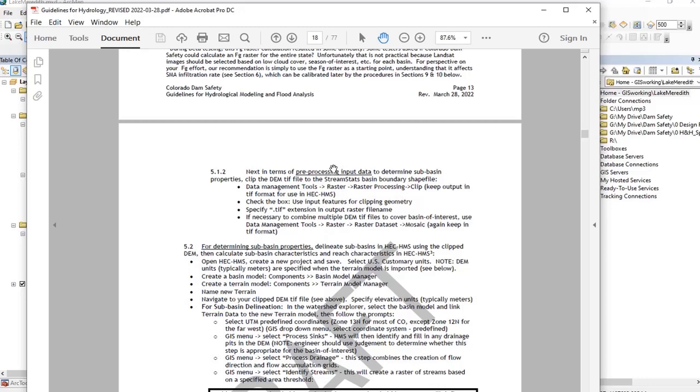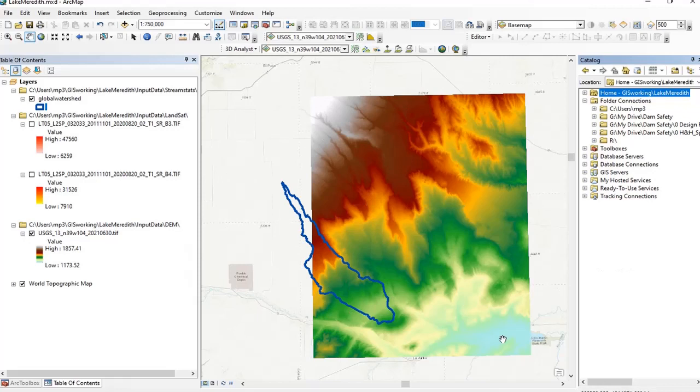Okay, in terms of guidelines section 5.1, pre-processing, there's some minor pre-processing of the input data before we calculate sub-basin properties. What we want to do in section 5.1.2 is clip the raster, the geotiff, so that we're not trying to analyze that entire map terrain DEM in HEC-HMS, but really just clipping it to closer to the size of the basin boundary. But this is a good case I want to show you. When I bring that DEM into ArcMap and overlay it with my basin boundary shapefile from StreamStats, which, if you recall from the previous tutorial, may not be exactly correct but is at least our starting place,